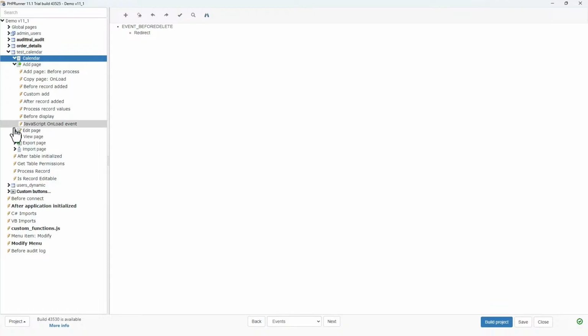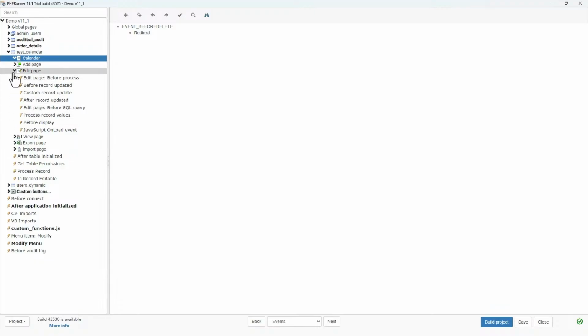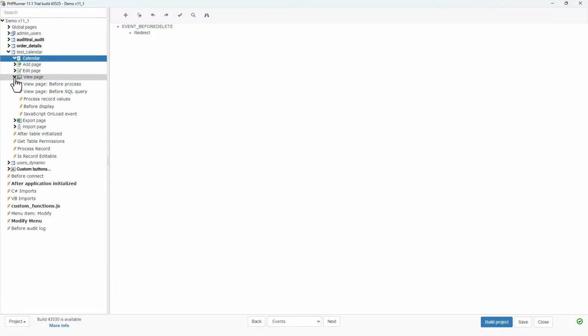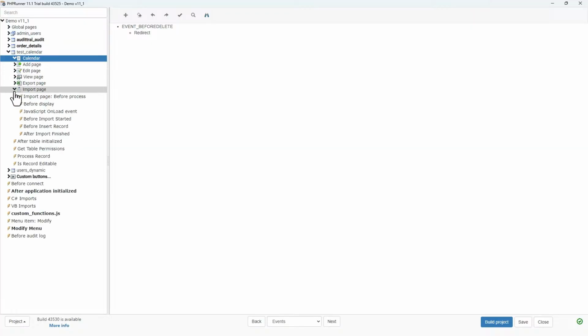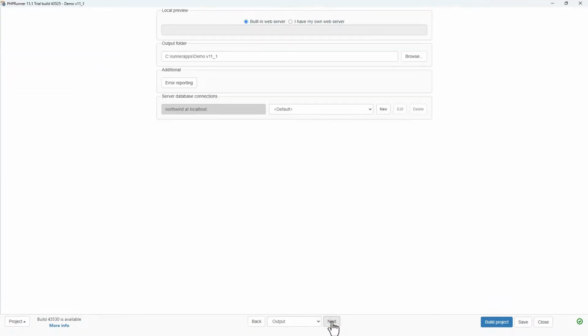The add page, it looks pretty similar. It's very similar to the edit page, the view page, the import page. I would say it's very similar to a normal grid table events. There's nothing strange here that I can see straight off the bat. Anyway, let's go next. And that's the end of the project, so let's save it. And I'm going to build the project. I'm just trying to think. Okay, let's...